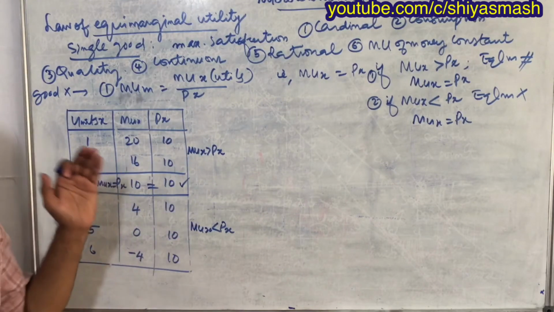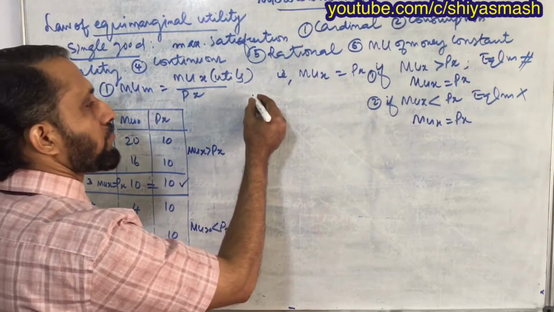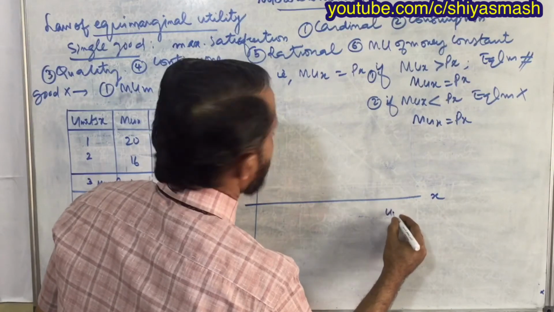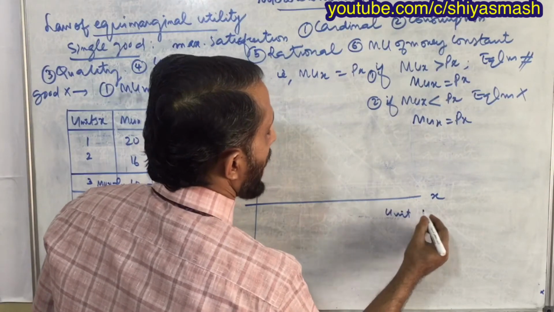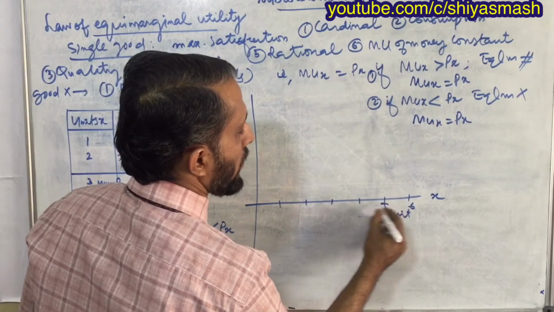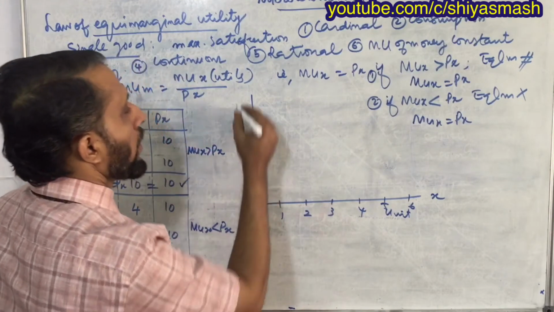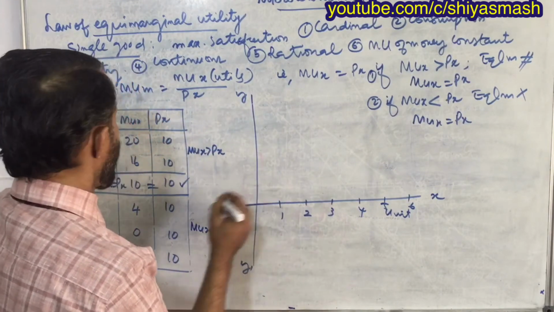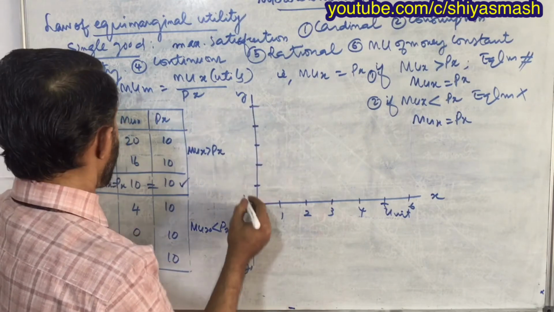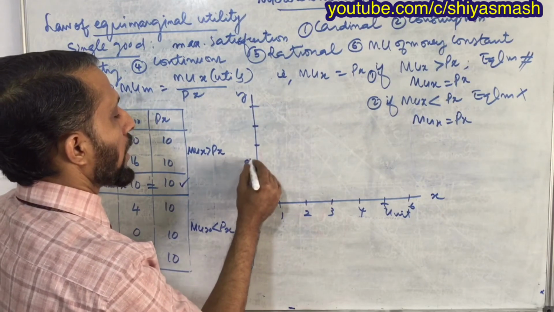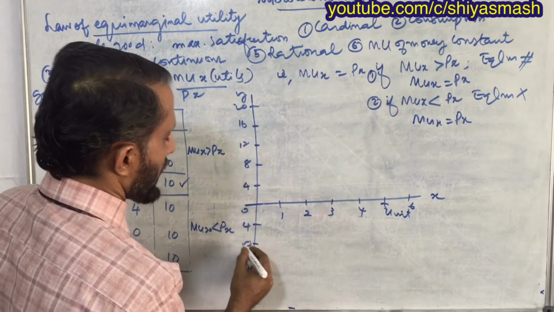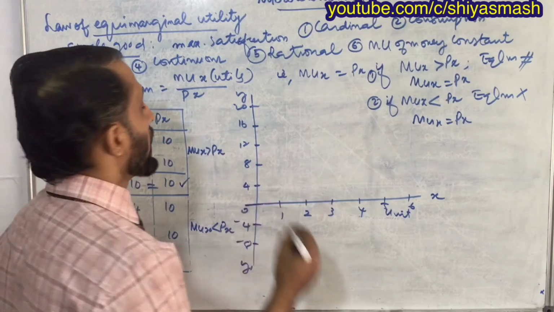Clear now? Then let's depict this in a diagram. See, the same diagram as yesterday's. What we wrote: units of consumption X 1, 2, 3, 4, 5, 6. This is Y, this is Y dash, because in our marking we have negative values. Maximum is 20: 4, 8, 12, 16 and 20. Here it is minus 4, minus 8. Okay, clear. Let's mark that.